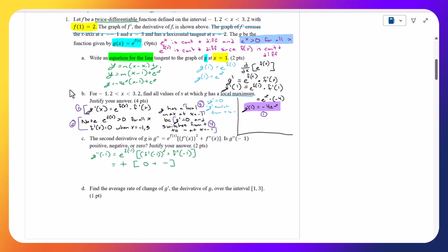And so if I sort of just simplify this out, we have a positive number times 0 plus a negative number will give me a negative number. So we have a positive times a negative. And well, what is a positive number times a negative number? Well, it's a negative number. So we should have gotten that g double prime of -1 is negative